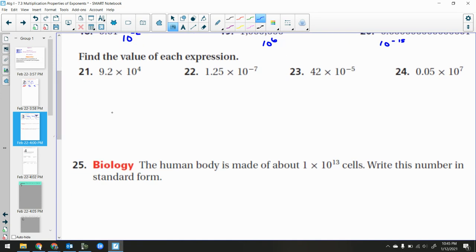Number 21, 9.2 times 10 to the fourth power is 9, 2 with 3 more zeros in the end, so 92,000. Number 22, it would be 0 point, and then I move it once, I've got 6 more places to go. 1, 2, 3, 4, 5, 6, 1, 2, 5. Number 23, I'd move it twice and then 3 more times over to the left. So 0.123,